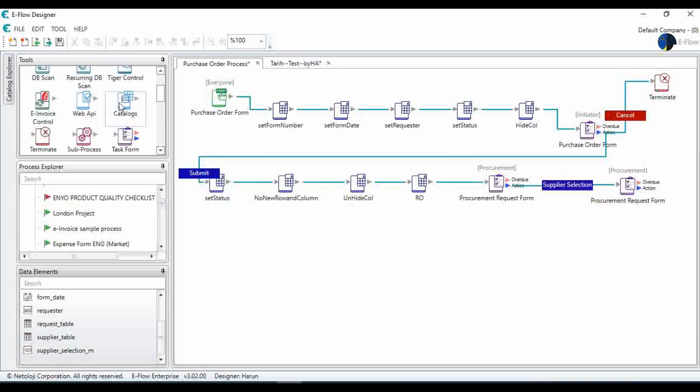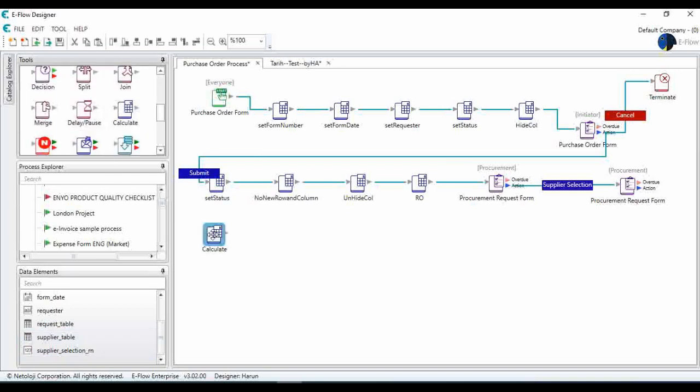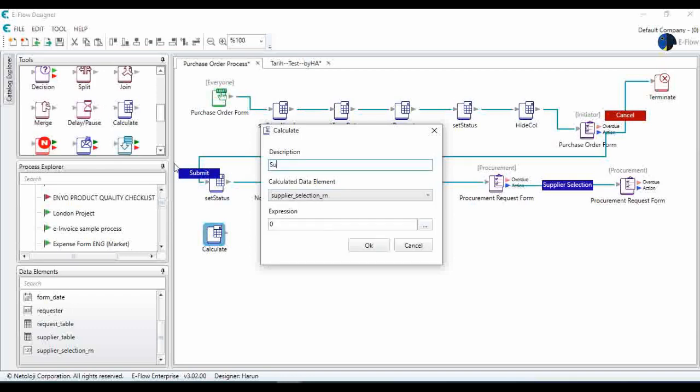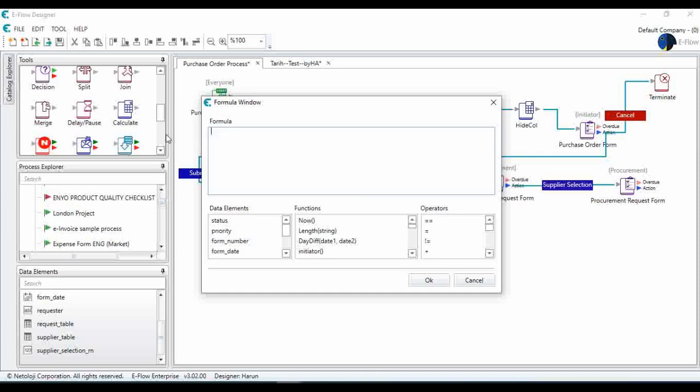and I will use my calculate tool in order to calculate the supplier selection row number, and let's name it supplier selection row number. I got to go to my functions and I have here GetLineItemRowCount. Yes, this is my function in order to calculate the number of rows in the table,